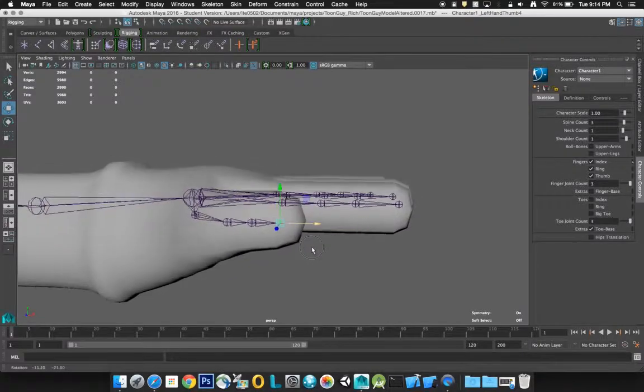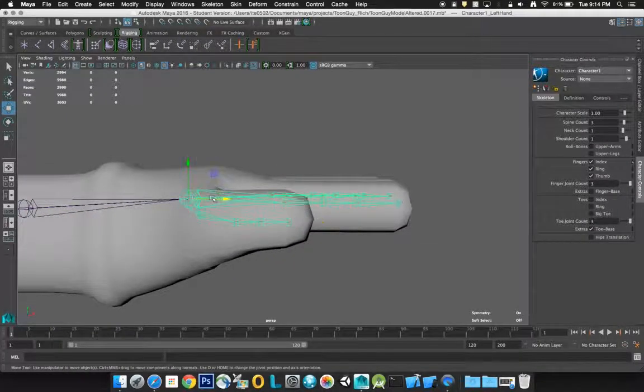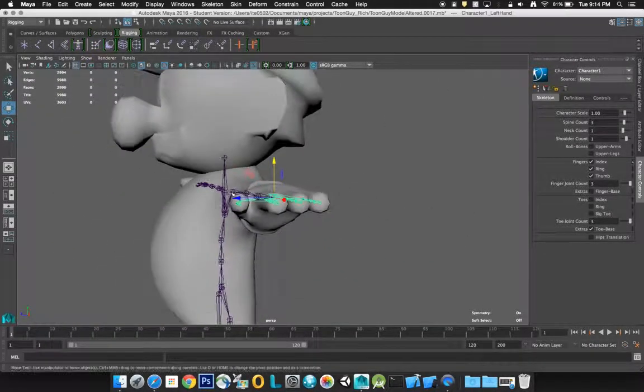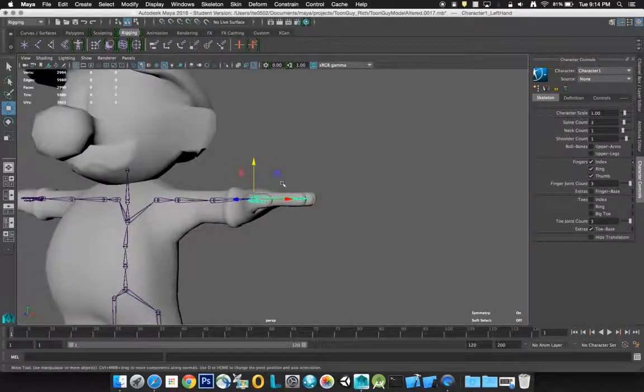Those seem a little high. Let's move the hand down a touch. All right, that shouldn't affect too much. Another thing,